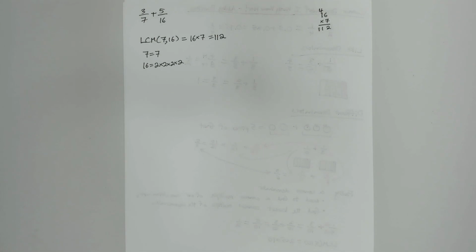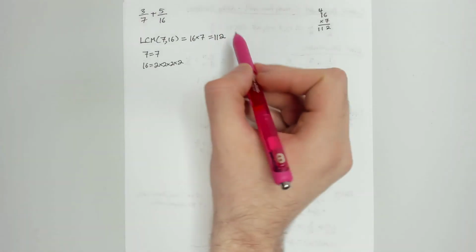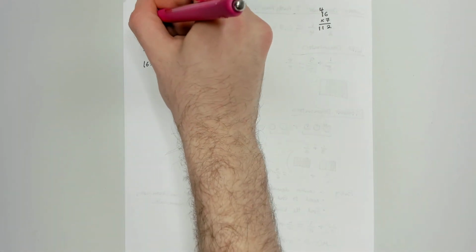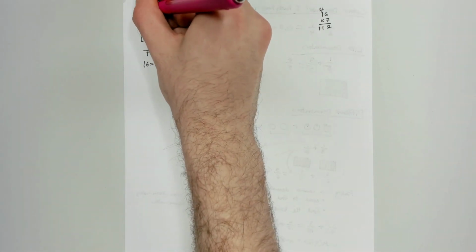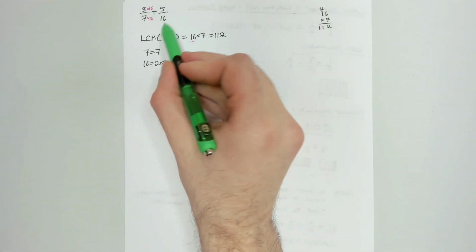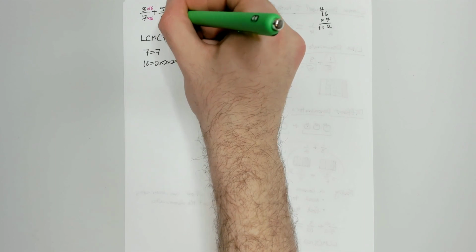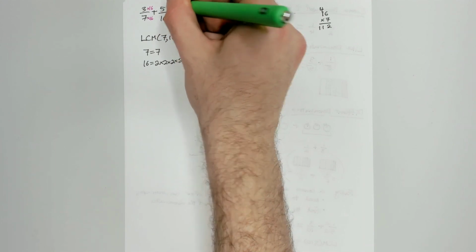So in this case, we didn't really get a nice lowest common multiple. In fact, this is like the worst possible one because, well, it's just their product, right? They're co-prime. But that's all right. We can still deal with this. So to get from 7 to 112, we needed to multiply it by 16, right? So that means we're going to have to multiply this fraction's numerator and denominator by 16 each. And to get from 16 to 112, we needed to multiply by 7. So that means we're going to have to multiply this numerator and denominator by 7 each in order to get